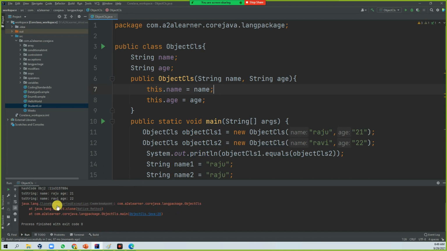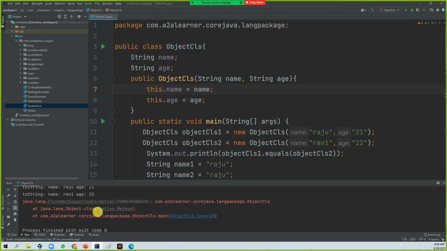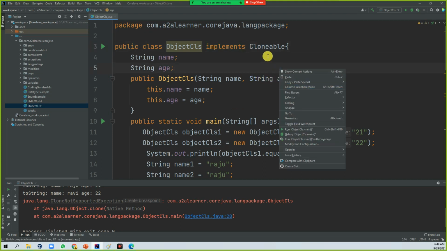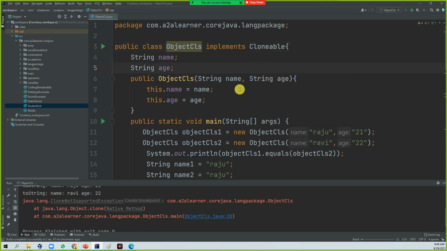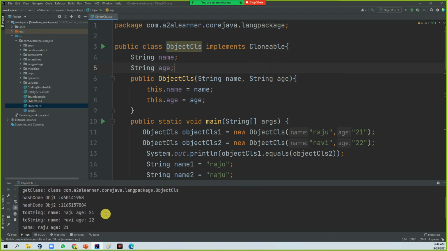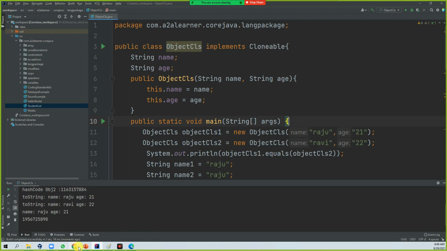The exception is CloneNotSupportedException, you will get it. To avoid this problem, first your class should have that cloning ability. To get that ability, you have to implement Cloneable. When you run it, then you are able to get the result. Okay, that is the cloning related.